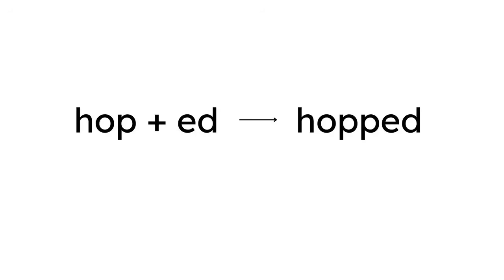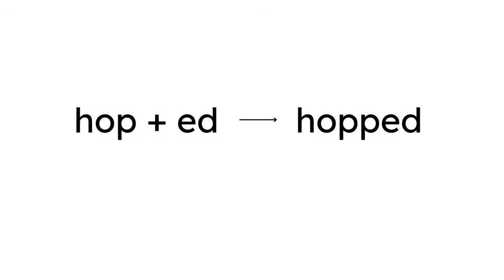These govern what happens when you add a vowel suffix. So for example, with the doubling rule, if the base ends with a CVC syllable, so consonant, short vowel, consonant, then we're going to double that final consonant before adding a vowel suffix, or a suffix that begins with a vowel. So for example, if we're changing hop to hopped, we're going to double that final P because HOP is